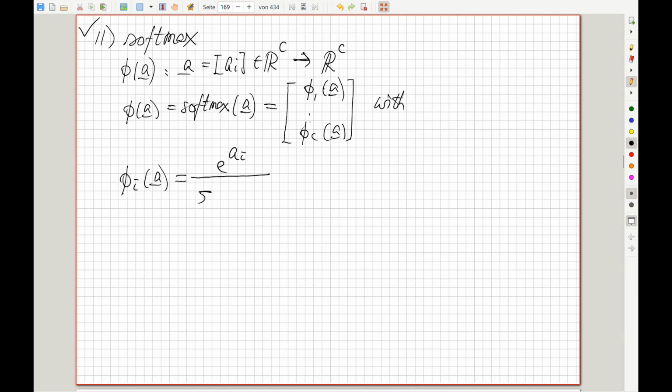The constant is defined to be the same exponential function of Aj, but now with j summed over all the input elements. Very simple